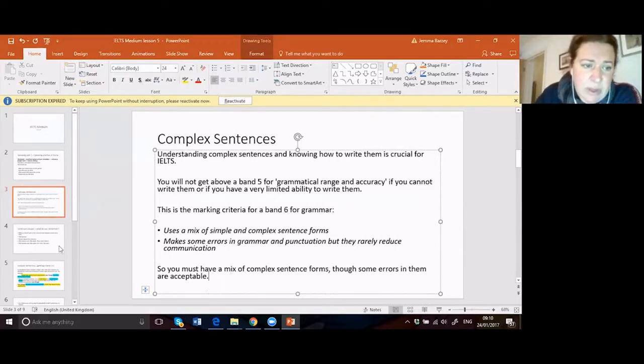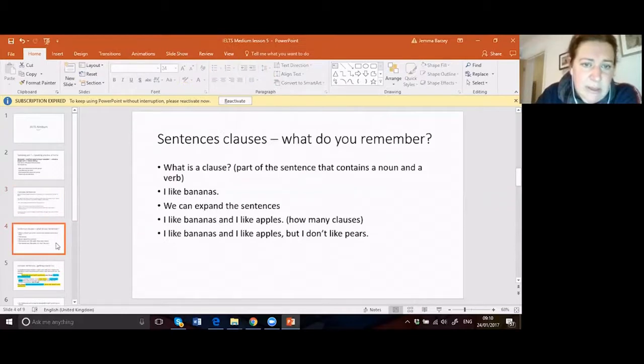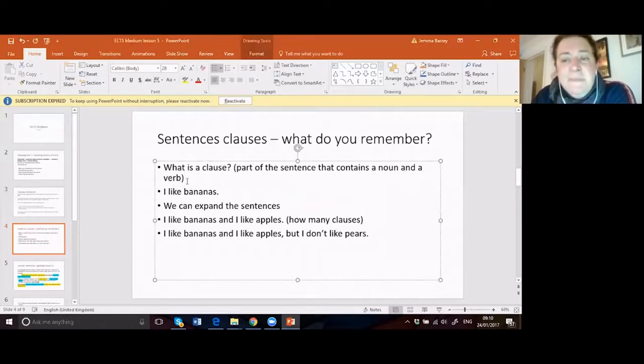So, come on, PowerPoint. What can you remember about sentence clauses? If I said, what is a clause? I'm going to say part of the sentence that contains a noun and a verb. Do you remember that from last week? Yes. So, I like bananas. We've got here